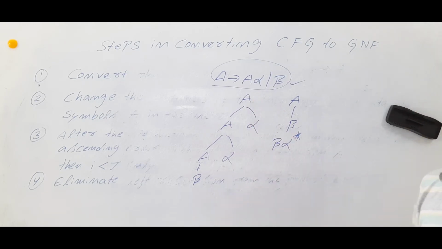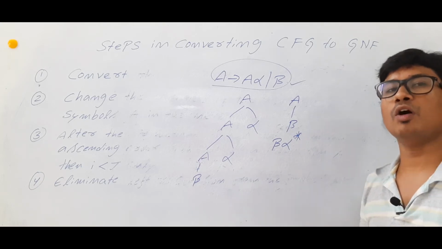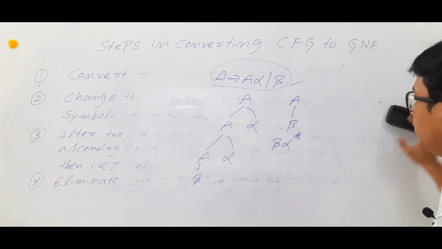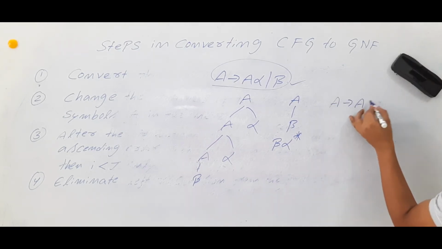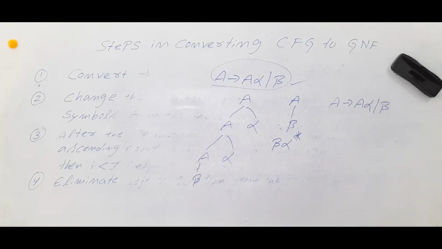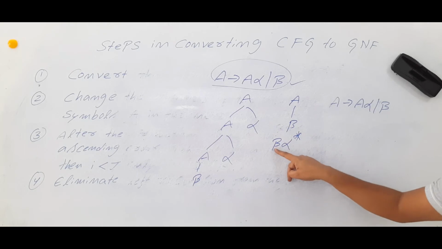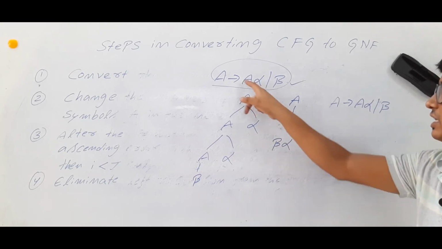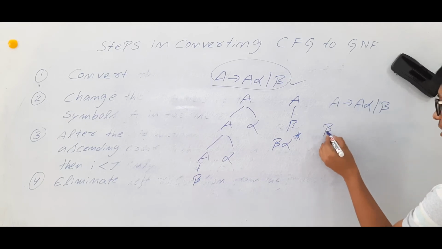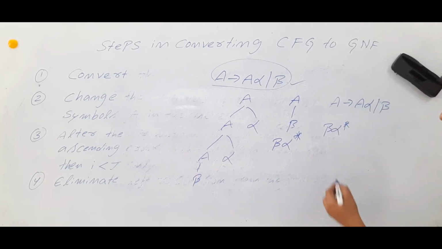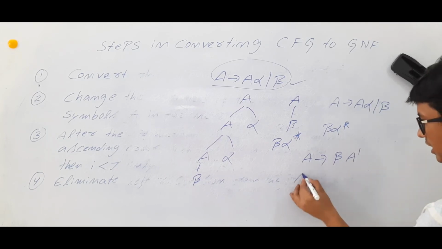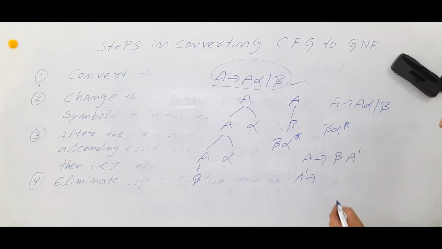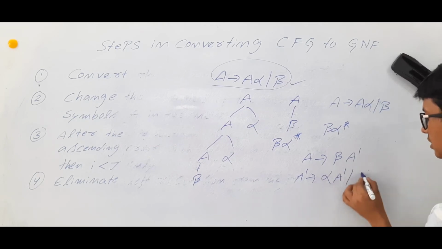Then we have to convert the left recursion grammar into a non-left recursion grammar, meaning right recursion grammar. How we will do it is very simple. As you have A determines A alpha, beta, we want to eliminate the left recursion. But remember one thing, it should generate all the strings it was generating previously. So I will take beta, alpha, A dash, and convert it into a grammar. So it will be A determines beta A dash, because in place of alpha I am keeping A dash. A dash can determine alpha A dash, or epsilon.